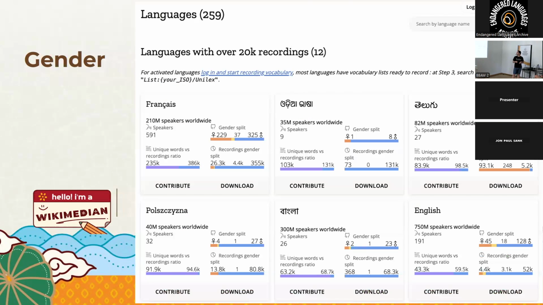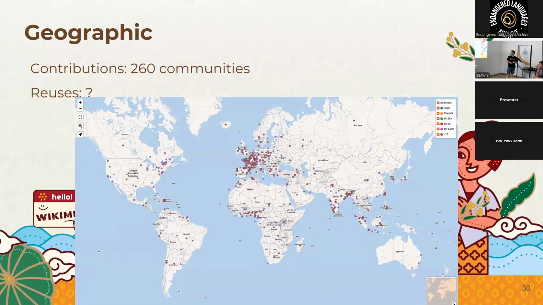For a bit more about the quantitative side, I made a gallery with the stats for each language, and you can see in orange the number of female speakers. We wanted to show this because naturally, with online contribution, we have an issue with this. Most of the time we just have 10% of female audio recordings. We also want local accents, gender diversity, age diversity, these kinds of things. In terms of geography, these are our contributors. You can see a nest around France, India, and Africa. And now, in recent days, we have Indonesia, which is very active.